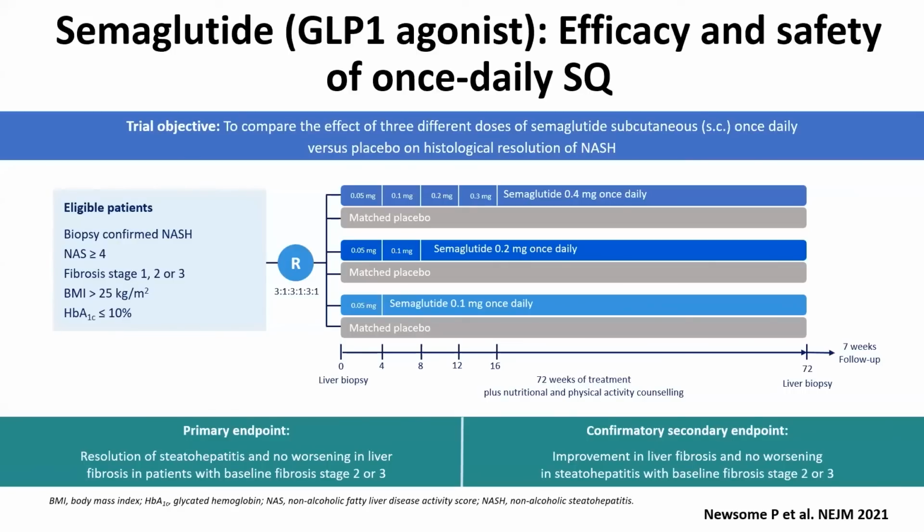The third drug I want to mention is semaglutide. This is a GLP-1 agonist. Was studied in a phase 2b trial that was published in the New England Journal of Medicine. Several doses, but one of the doses is the equivalent of the dose we use now for obesity, which is 2.4 milligram weekly. Here they did daily dosing, but this is a thing of the past. So now semaglutide is only utilized as a weekly dose.